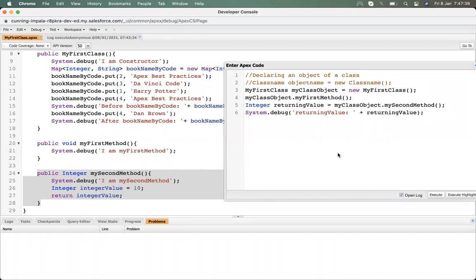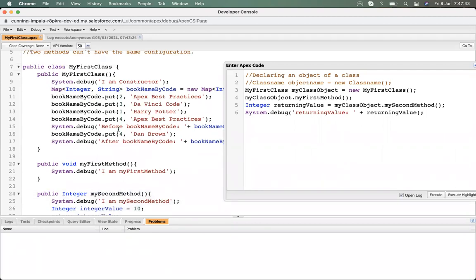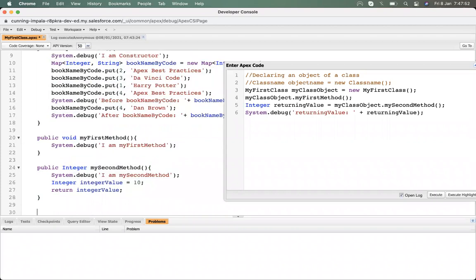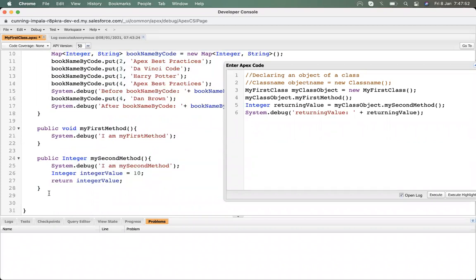In the same way, let's take the same example we discussed: I'm declaring a method that will return the weekday whenever a date is input into that method.